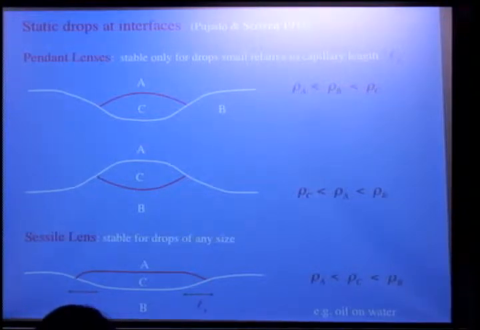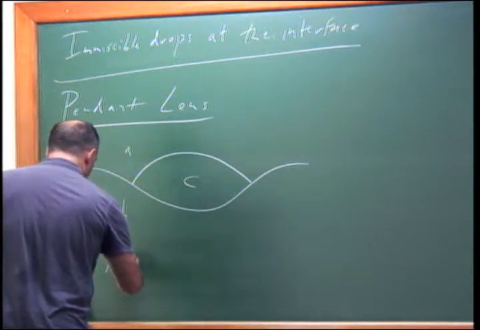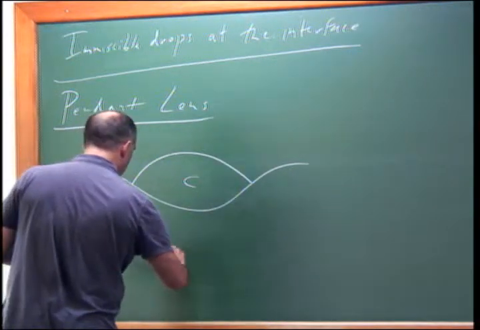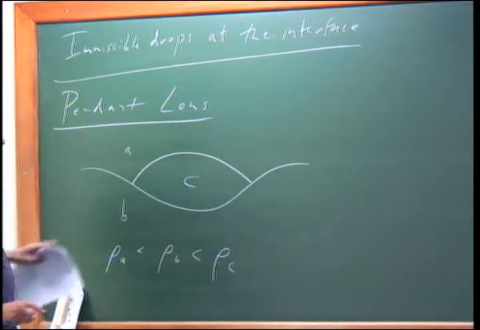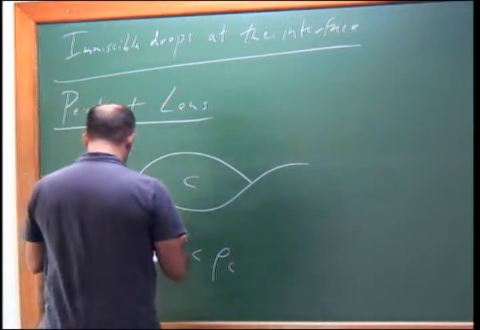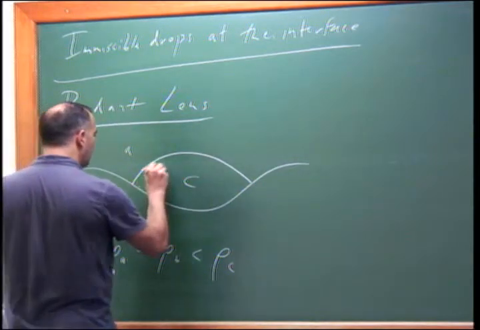So the first one, you have something which is heavier. So we have a heavy lens of heavy fluid sitting on water. So this is phase C, A, and B. And so here we have rho A is the smallest, then rho B, then rho C. So this is heavy, it wants to sink, but surface tension can bear its weight. And so if we have the three tensions,